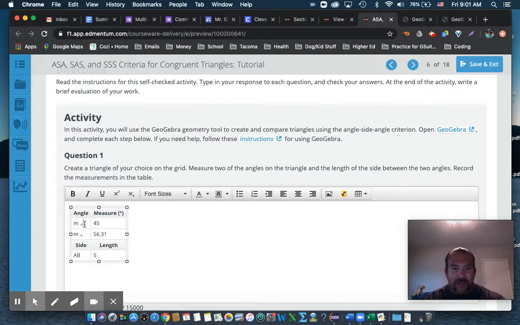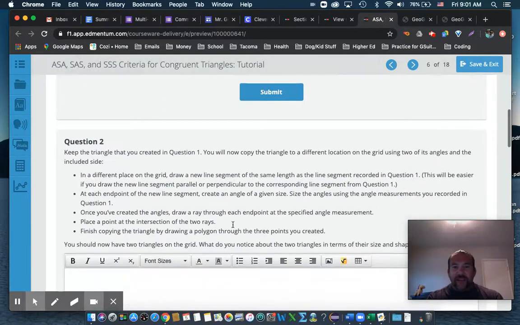And then I would click angle A, I would type in this and this, all right? Now the next part is where this gets a little tricky. So they're asking us to create another triangle that is the exact same size as triangle ABC and has the same ASA. All right. So the first thing we want to start off doing is to create